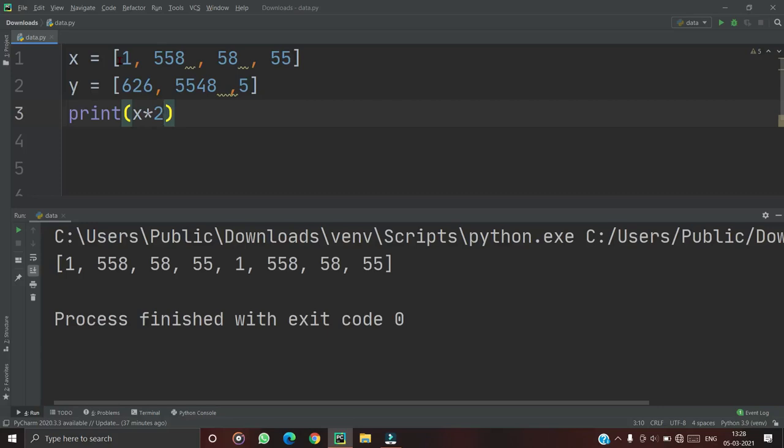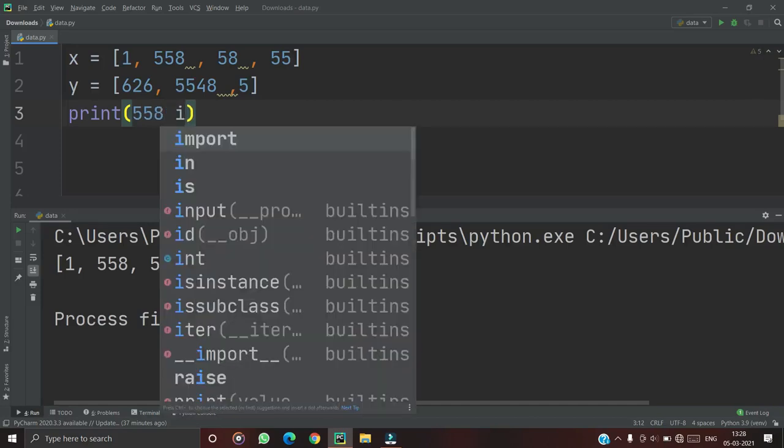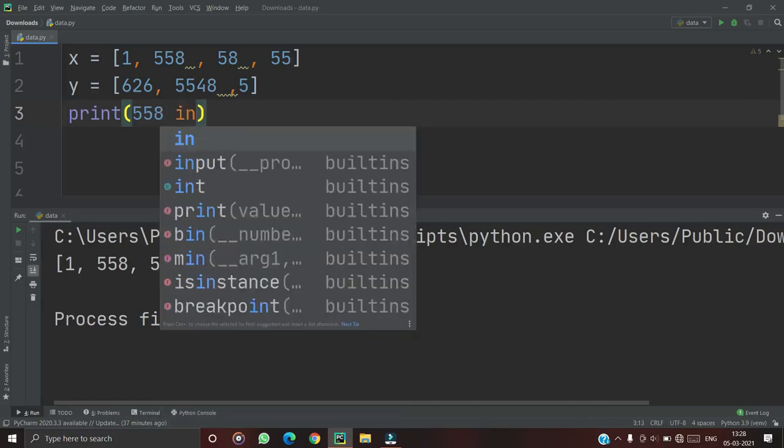And if you want to check whether an element is present in the list or not, you can easily do it. Suppose I want to check 558 in x.